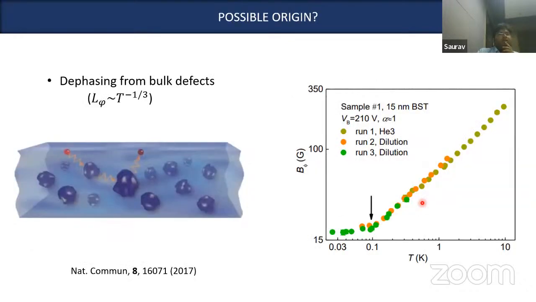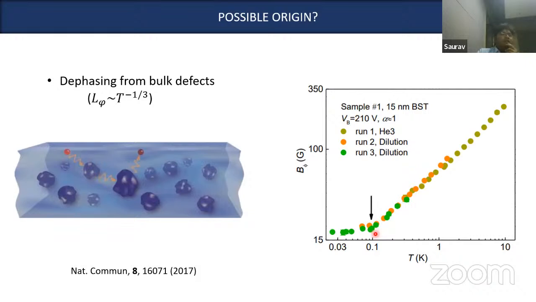possibly we feel that it arises due to some additional dephasing from the charged particles in the bulk. Basically, because they are compensated doped systems, we have these regions in the bulk which are p-doped and which are n-doped, and they can lead to additional electromagnetic fluctuations. And at low temperatures, they can lead to enhanced dephasing. So this has been seen in another paper where they say that the saturation temperature is around 100 millikelvin, but there is no definitive answer yet